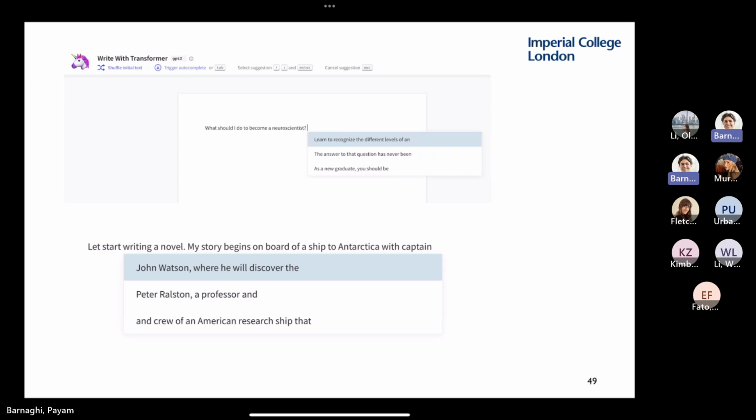I've started writing it. What should I do to become a neuroscientist? Yeah, that's the question I ask. And the model starts giving some suggestions. The reason I took this is that it works like ChatGPT, but it shows you the suggestions and then you can choose. And imagine each of them internally has a probability for the model. Probably it's the other way around, because the higher probability should appear first. There will be lots of other suggestions your model will have, which it doesn't show here. This case shows probably the top 3.